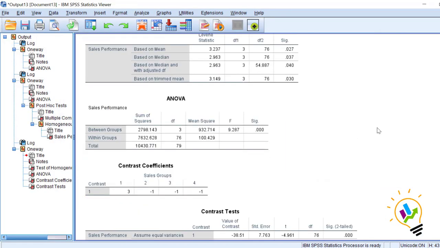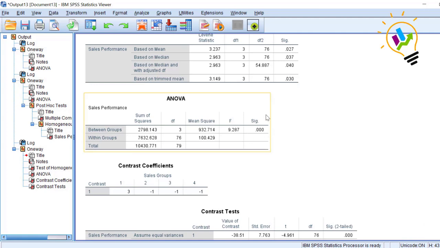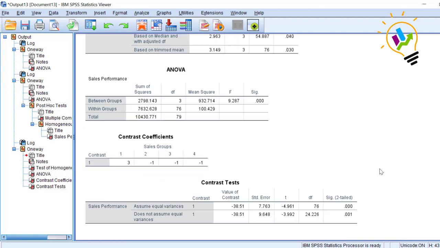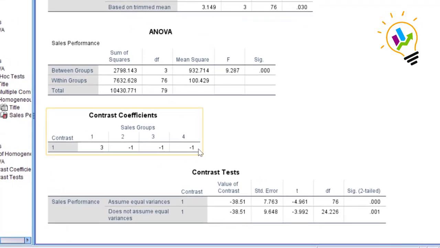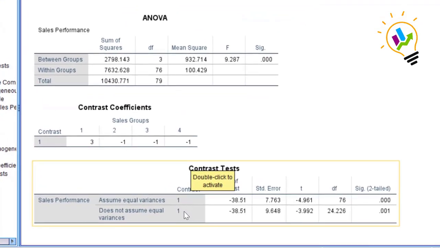Now here in the ANOVA test, we already got a significant difference between the groups, and you can see the contrast coefficients we have given are 3, -1, -1, -1. So when you compare the groups, in the contrast test you can directly see the significant value.